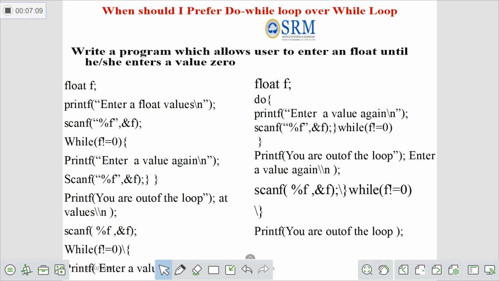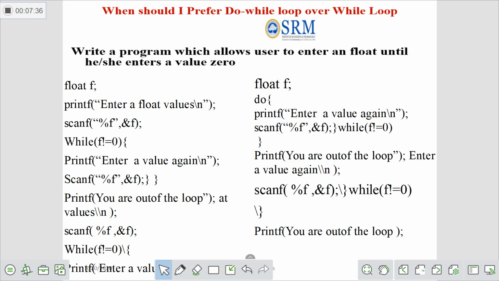So this process is repeated until the f value is 0. When the f value is 0, the loop terminates, so you exit the loop. So here, printf enter a float value %f, and enter a float value again, the same code is written twice.